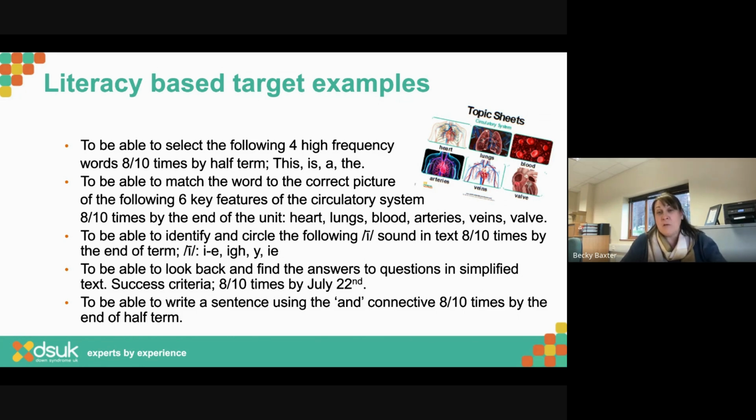And every time I do this topic, I am going to make sure I match those keywords to the right pictures. And I might start with a matching activity until I think, hang on, I think they've got this. Now I'm going to take the words away. Can they match the words to the picture? And I'm going to keep repeating and going over that target. It's going to be my starter activity maybe for the lesson. So they're getting that level of frequency.